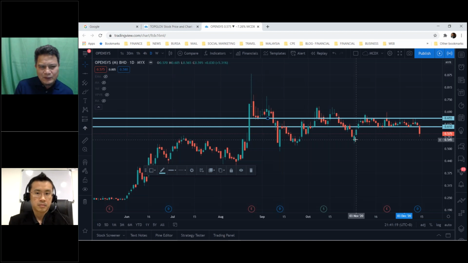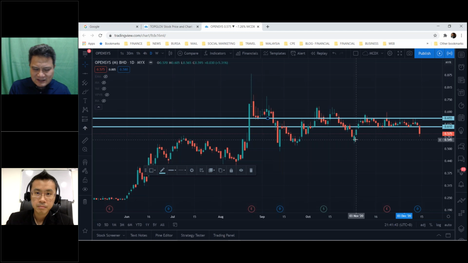Some people look at weekly, some at daily, some at 4 hours, some at 1 hour, some at 30 minutes, some at 1 minute. Different time frames show you a different pattern. So it depends on what type of trader you are, and that will make the market move up and down.